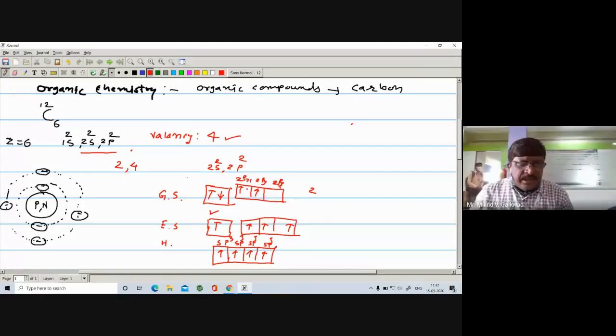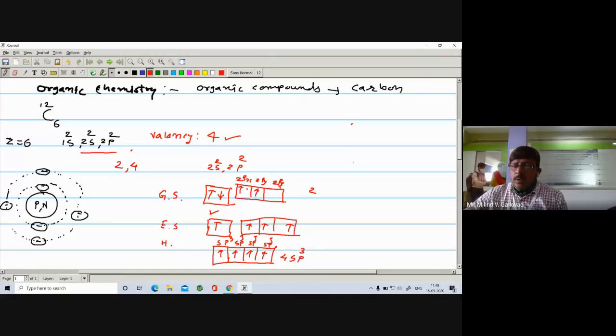So here you are seeing this organic chemistry, and you have seen that the valency of the carbon is 4. So there are 4 unpaired electrons. Actually, there were 2 unpaired electrons, but one of the electrons from the 2s is excited to the 2pz, and you get 4 unpaired electrons. They have different energy, so they undergo hybridization, and you get 4 such orbitals, called sp3 orbitals. So in total there are 1, 2, 3, 4 sp3 orbitals.